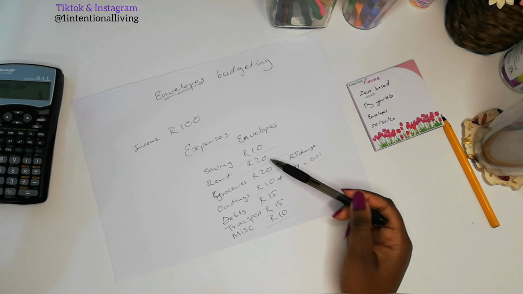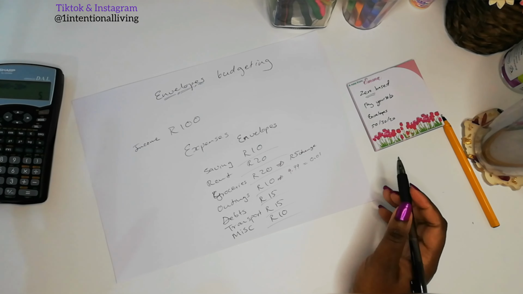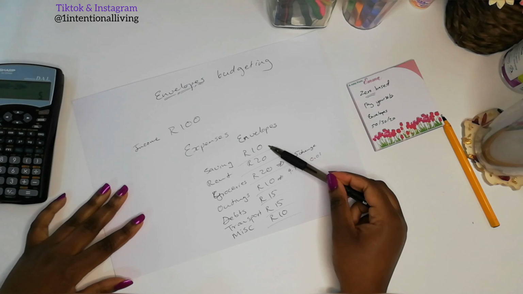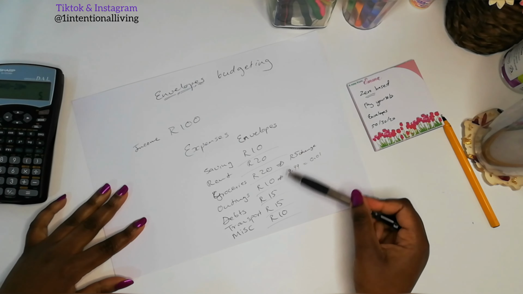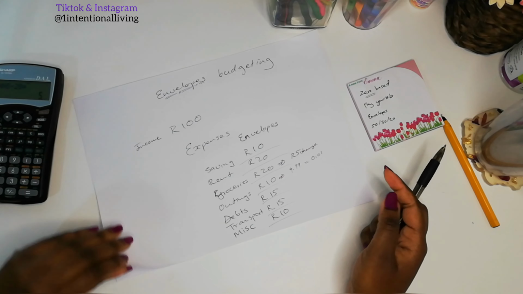You might end up doing it with your rent or your electricity or your transport, and that will mess up your budget very much. So with the envelopes method, it is to be as disciplined as you can be so that you do not spend whatever the other envelope has, right?